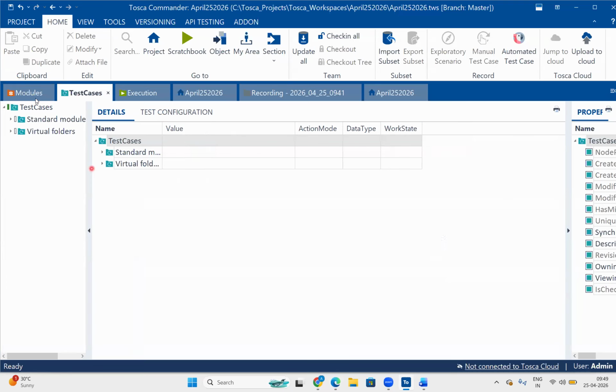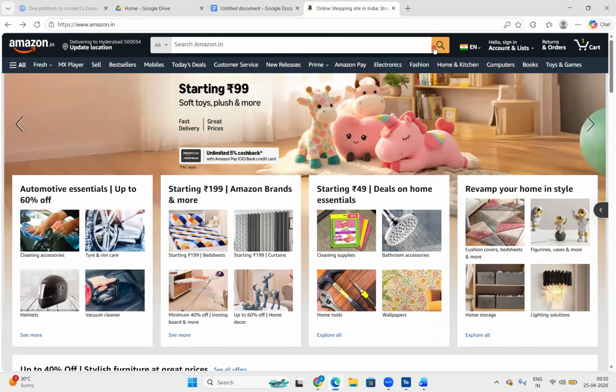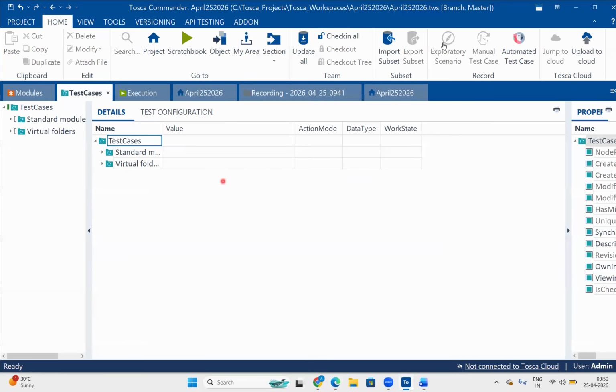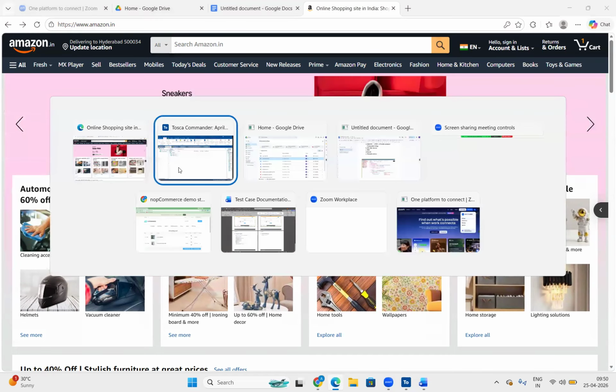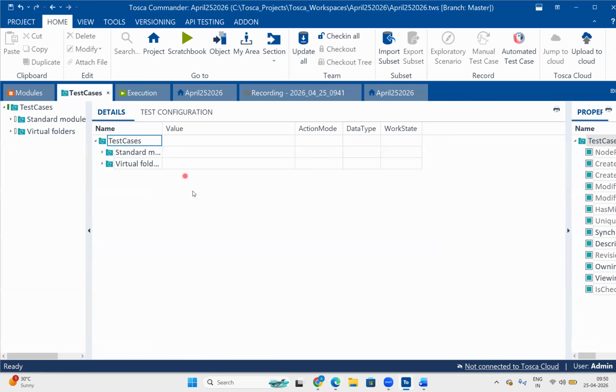For example, I want to ask Tosca to perform a click operation on Amazon search. I know Amazon search is there, but how does Tosca know it is there? Tosca doesn't know anything initially. We have to instruct it properly.